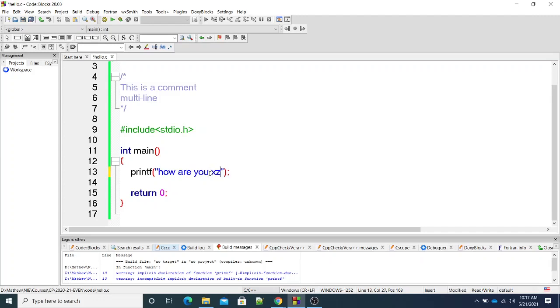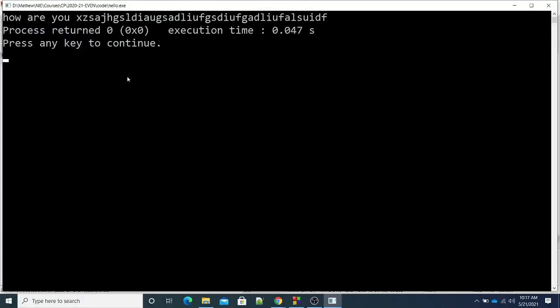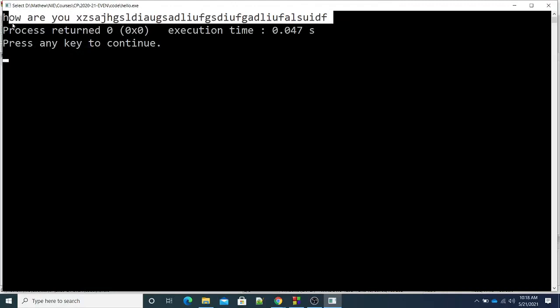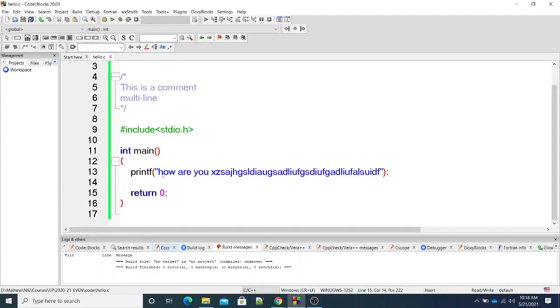Normally the output message will not be this long, or you can split it into multiple printf statements. So it is going to give the output like this. But this is called the syntax of the function. Syntax or rule of this function, I can say: printf name followed by an opening bracket, and at the end there is a closing bracket and a semicolon, and whatever you want to pass you put in double quotes and pass it into the function.